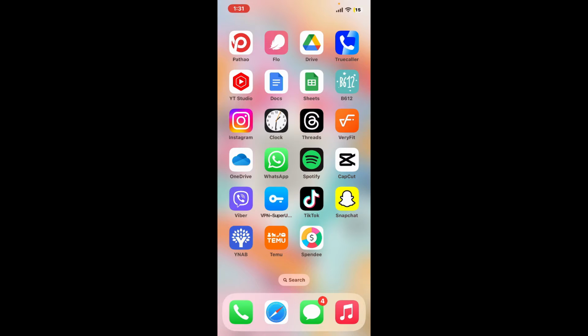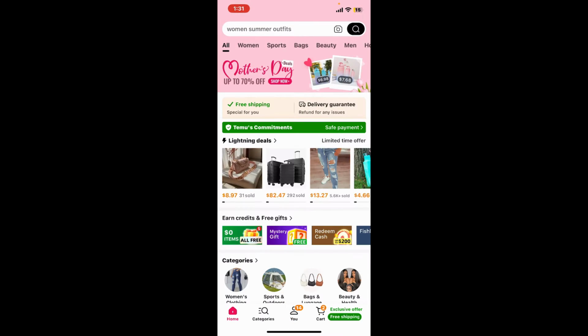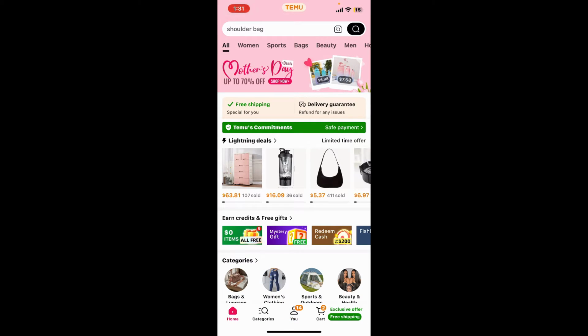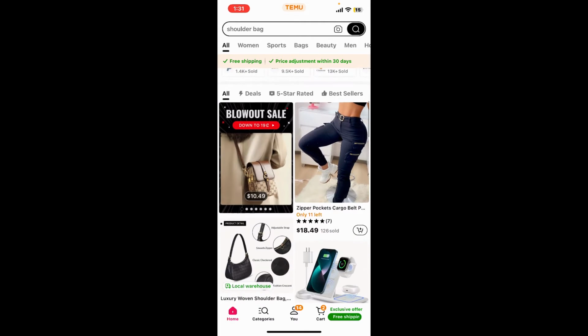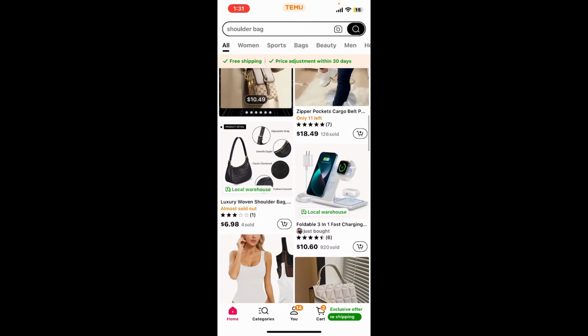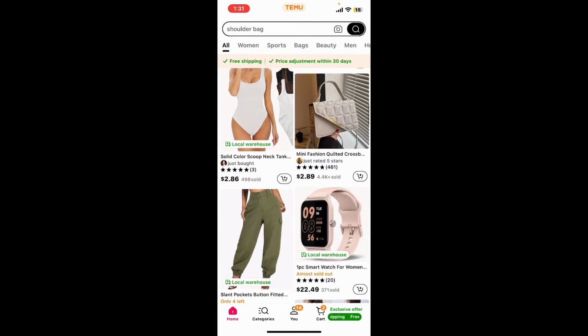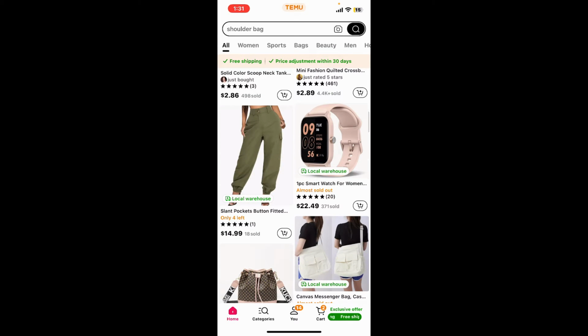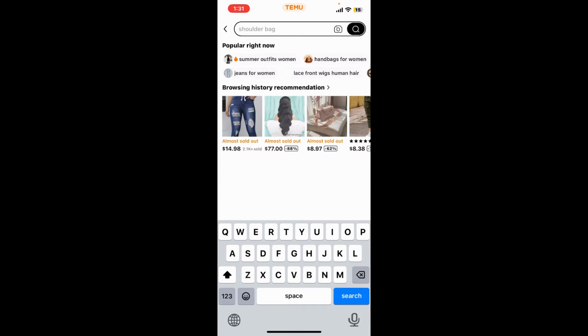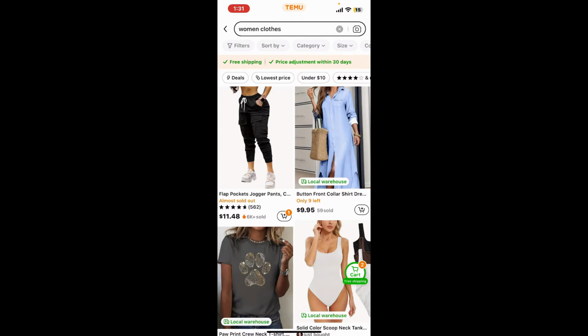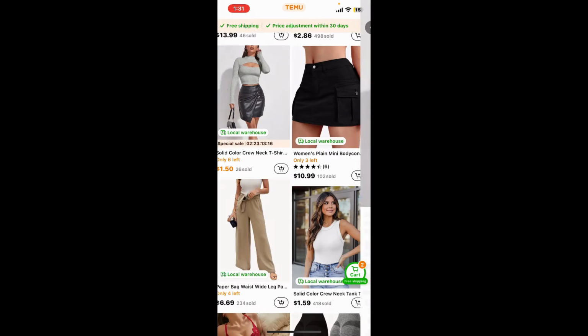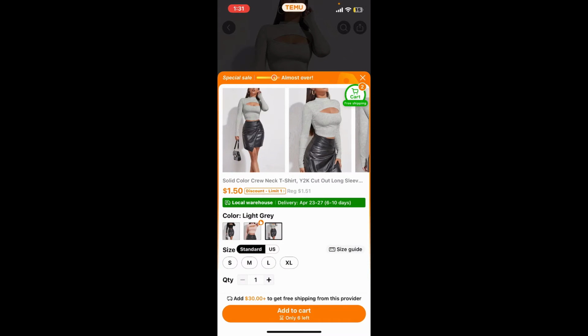First of all, open the Temu application from your app drawer and make sure to log into your account. After you're signed into the account, go ahead and find the item by browsing through or searching for the item you want to add to your wish list with the help of the search box at the top of the screen. Once you search for a category, go ahead and open up a product you'd like to add to your